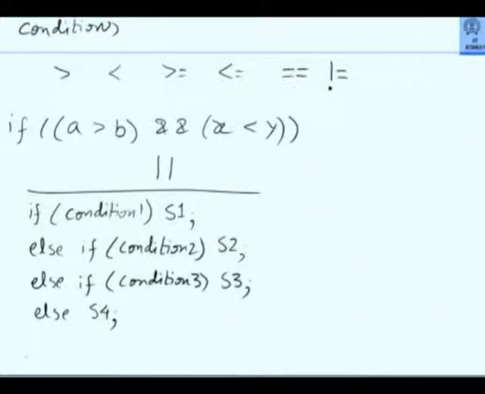Else, when you come here, please note that condition 1 must be not true and condition 2 also must be not true. Then only you will come here. And if this condition is also not true, then only you will execute S4. So S4 will be executed if condition 1 is not true and condition 2 is not true and condition 3 is not true. So depending upon how you want to write your logic, you can use this. This is called an if-else-if ladder. So instead of writing complicated if this, then if this, then if this, else this, else this, else this, you can use this ladder to compose your logic more cleanly. Is that okay? Fine.